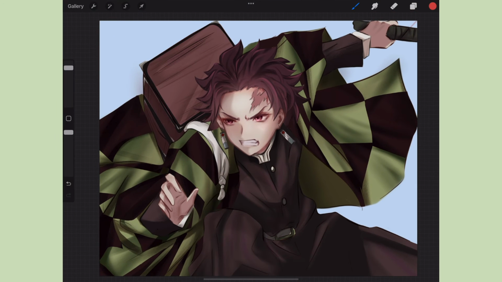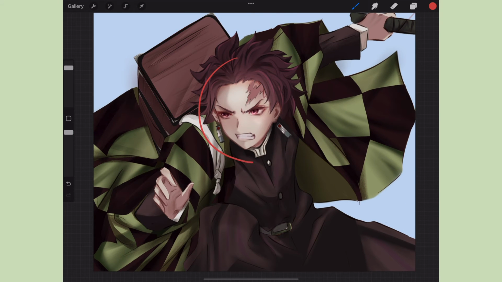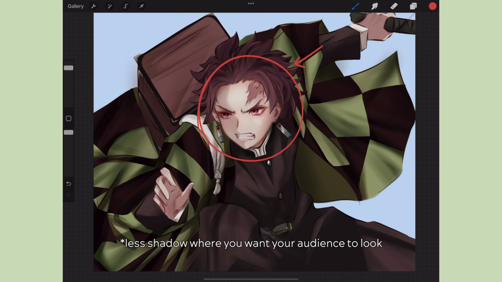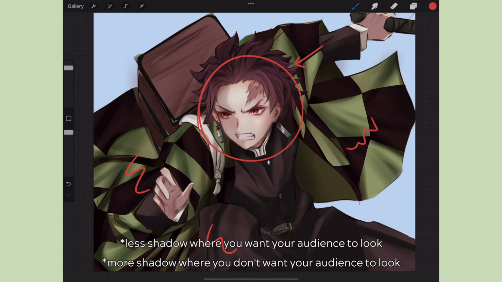But one tip that I found really helpful is if, say you want to accentuate your character's face, you would put less shadow on their face and more maybe on their clothes or surrounding them so that their face appears brighter, you know, like less in the shadow,